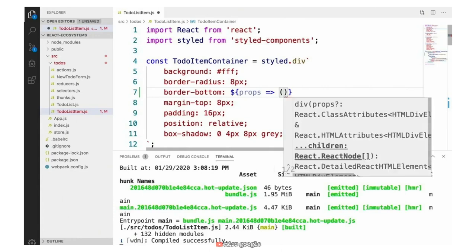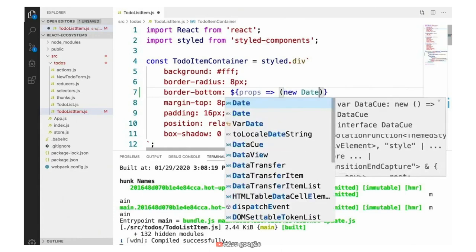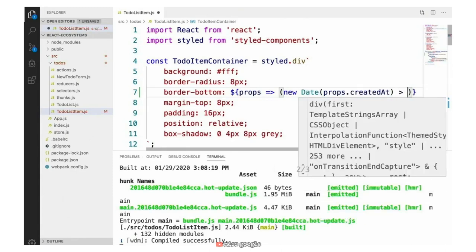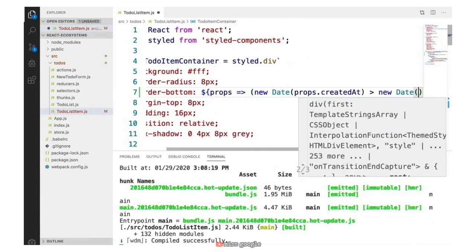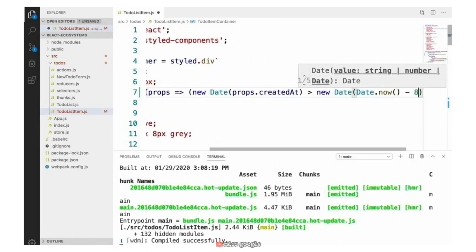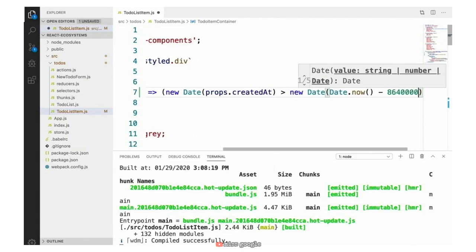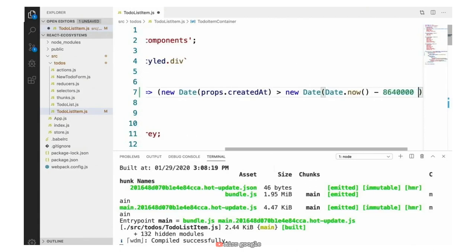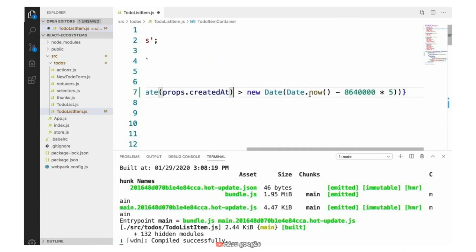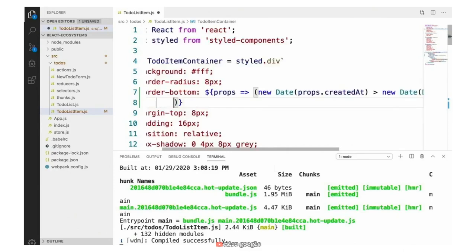So what we're going to do is say new Date(props.createdAt) is greater than new Date(Date.now() minus 8,640,000, and this is equal to 1 day in milliseconds. So let's say times 5. So what we're saying here, if you didn't quite pick up on it, is if the createdAt date of a given to-do is more recent than today's date minus 5 days, and then we're going to use a ternary operator